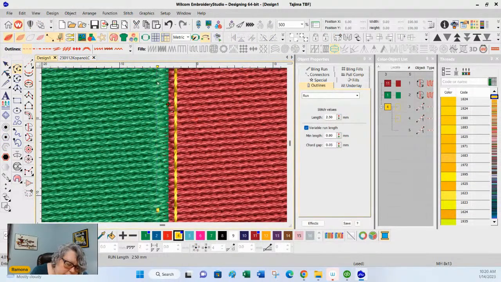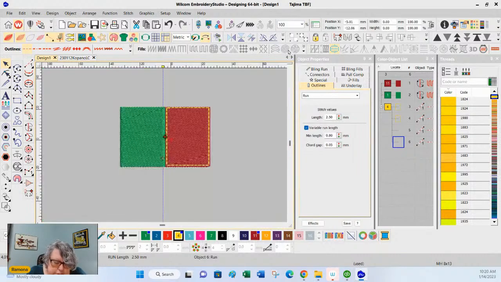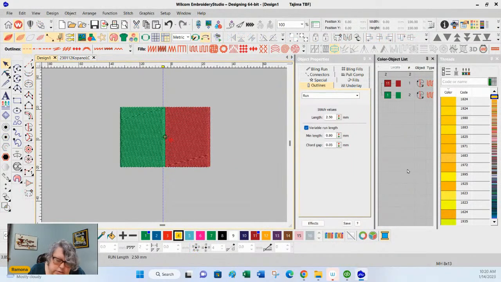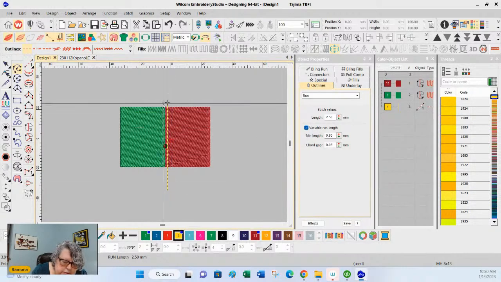It will not let me make a stitch. Get rid of those. There we go. There's a stitch.